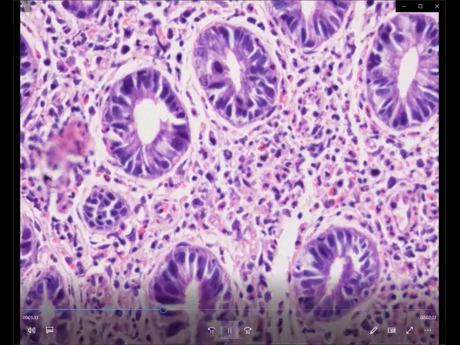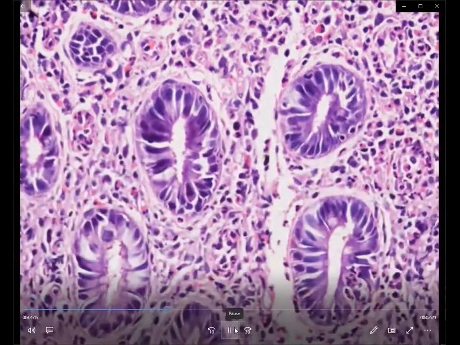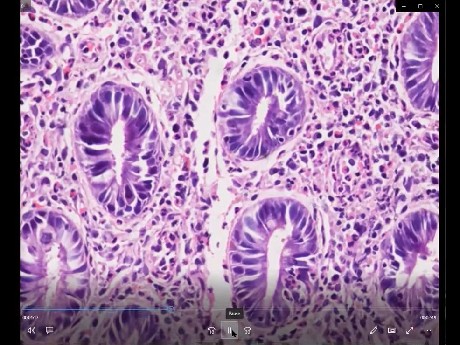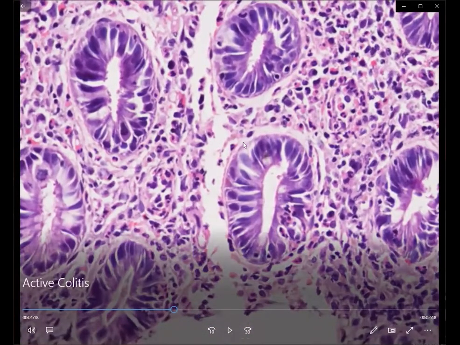Once you know that the crypts are being infiltrated by the polymorphs, you know that these are the areas showing cryptitis. And if you have foci of cryptitis formed by the polymorphs, you know that the disease is active. As we could see here, another crypt is showing abundant infiltrate by the polymorphs. If they are within the lining epithelium of the crypt, we call it cryptitis, and once they come into the lumen of the crypt where they form an abscess, then we call it a crypt abscess.